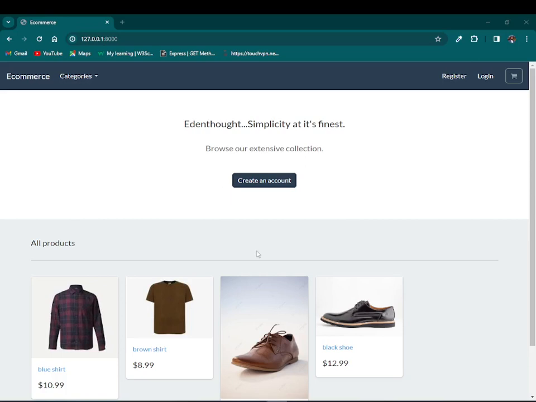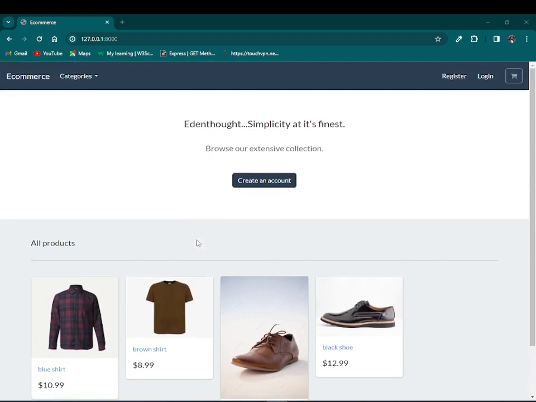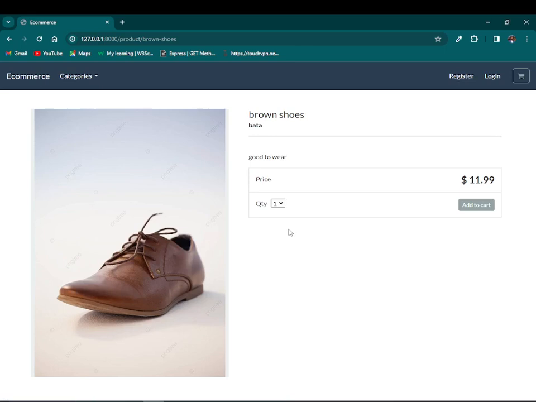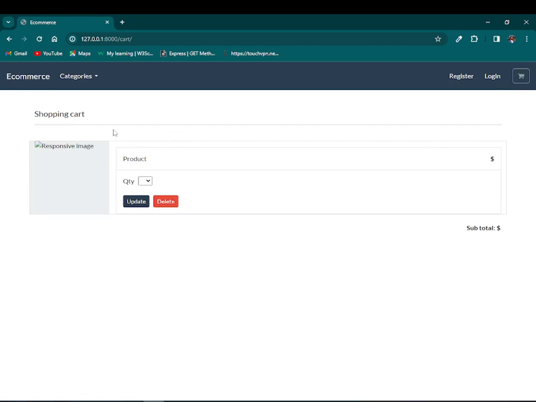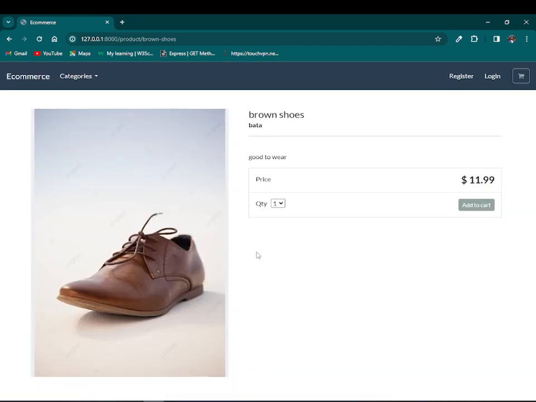So hi guys, this is part 4 of our e-commerce project in Django series. In this part we are going to integrate Ajax in our project. What we want to do is when we go to our particular product and click that add to cart button, we want to add this product in our cart. For this we are going to use Ajax